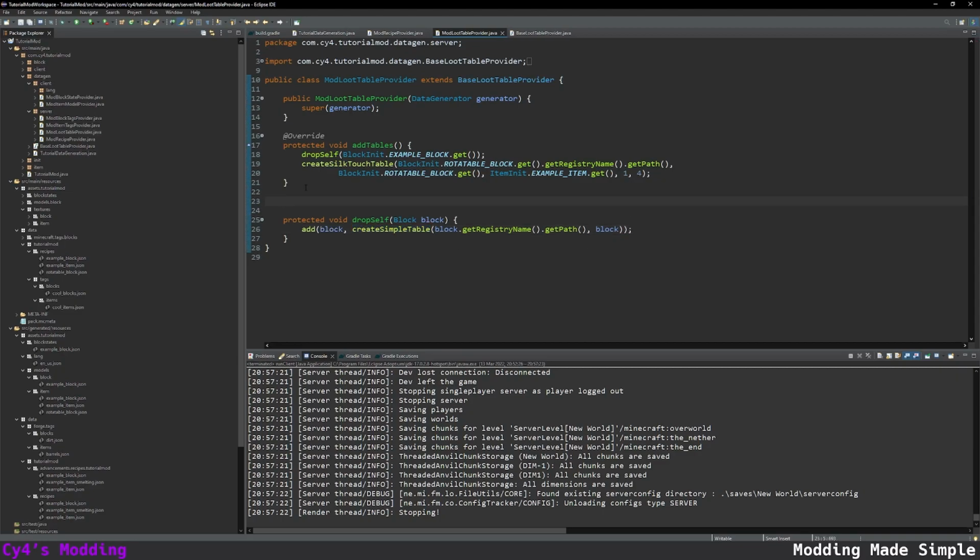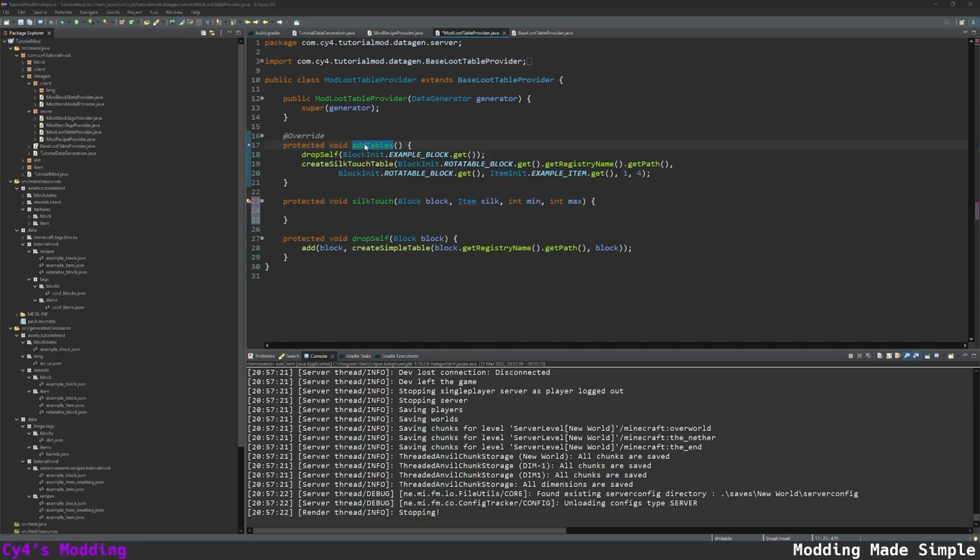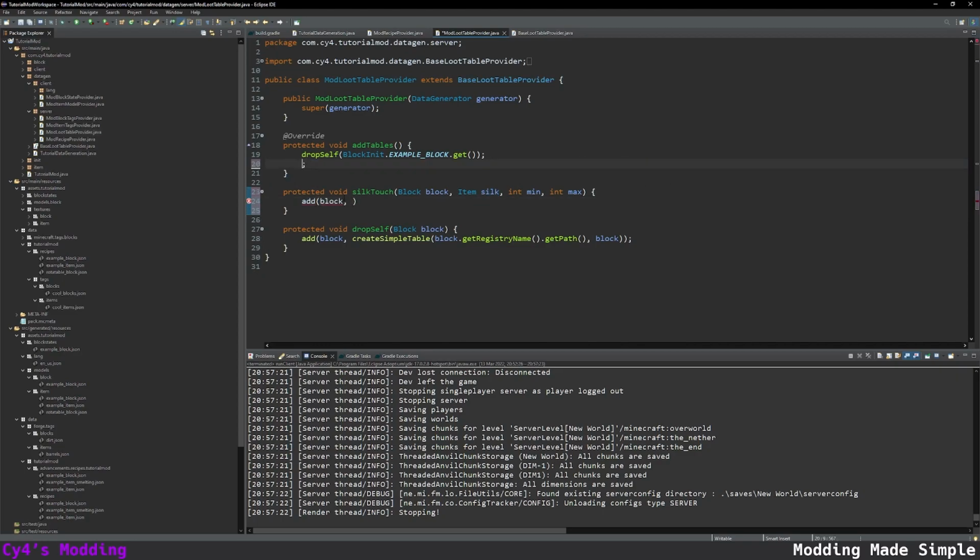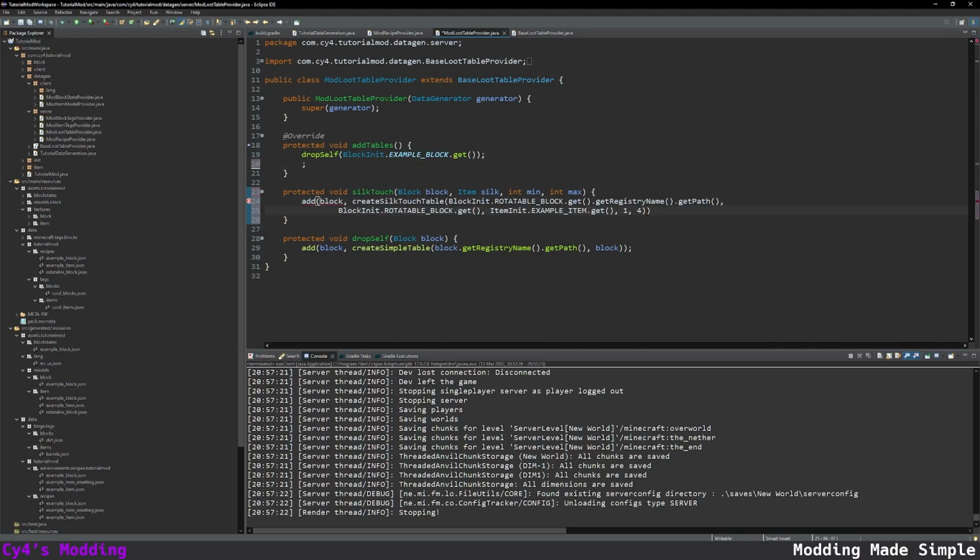And then down here we can do protected void silk touch, and then we can do the block, the item silk, int min and int max. And what this is, it's the block that it drops, so it will drop itself, otherwise it's going to drop silk. So now we can do add block colon, and then we can copy all of this and paste it in here.